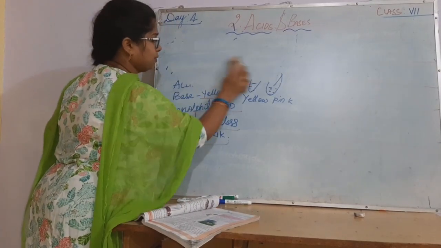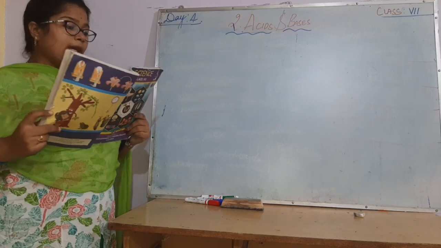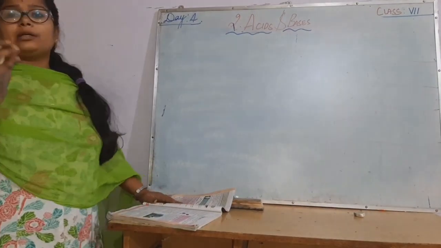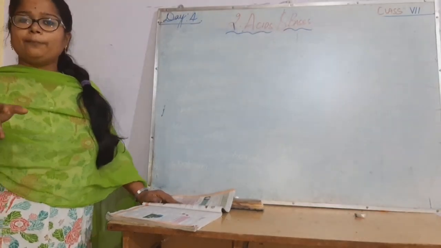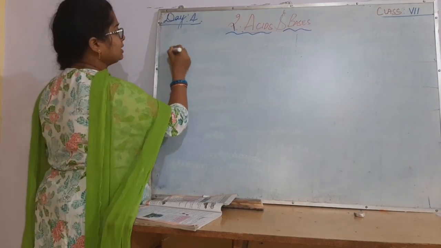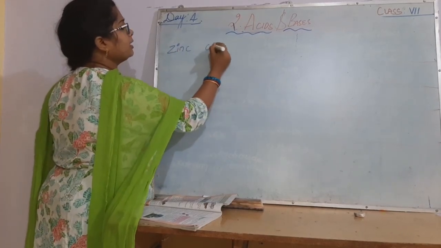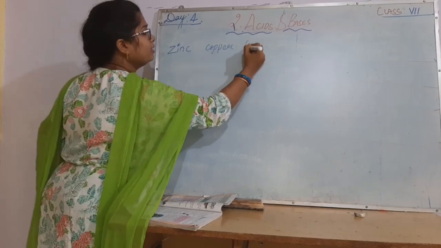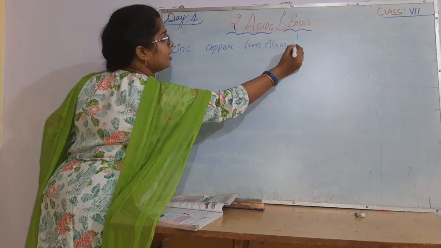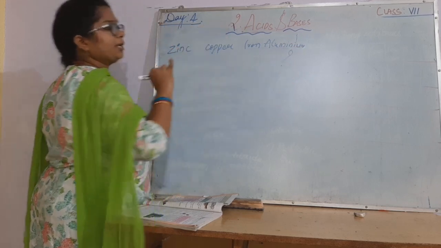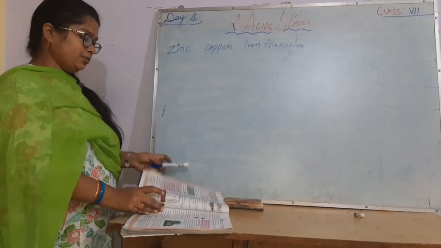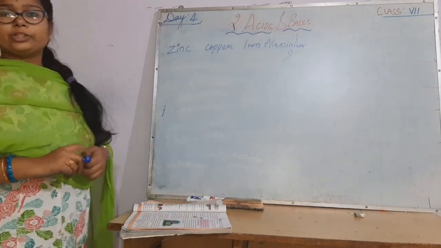In this, I will show you one thing. Take a natural acid, say lemon. We are asked not to put pickles and all in zinc or copper. We are not supposed to put any pickles in a zinc container, copper container, iron container, or aluminum container. Why? Why is the question. You have to ask every time why you should not keep them. It is going to spoil. Why? What is the reaction that happens there?